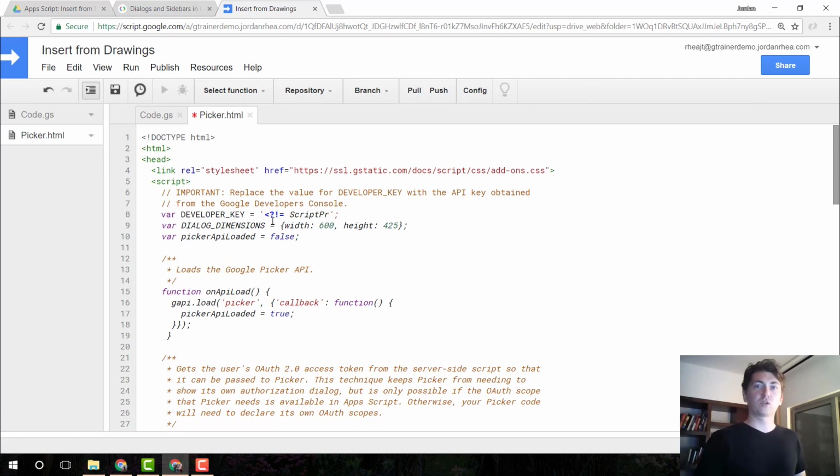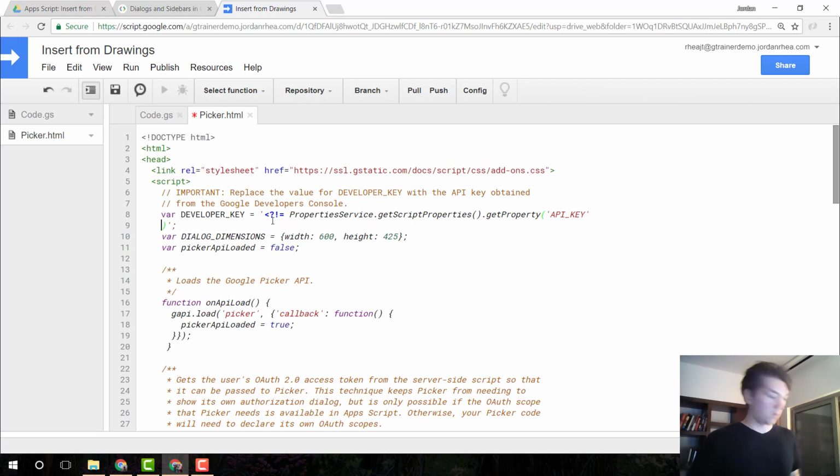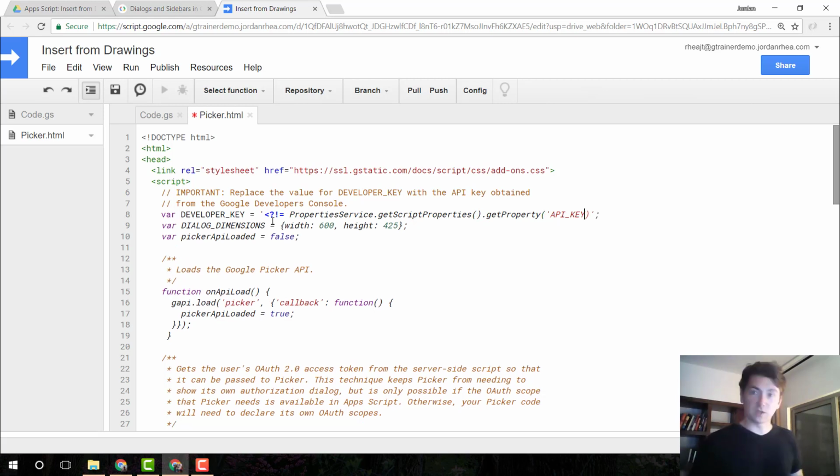So I'm going to go, not script properties, it's properties, I cannot type, PropertiesService.getScriptProperties().getProperty, and then the property is called API_KEY. Wow, I cannot type tonight. I'm sorry. Okay, getProperty, and that should be all we need to do. Now pay attention to that, these are in quotes here,